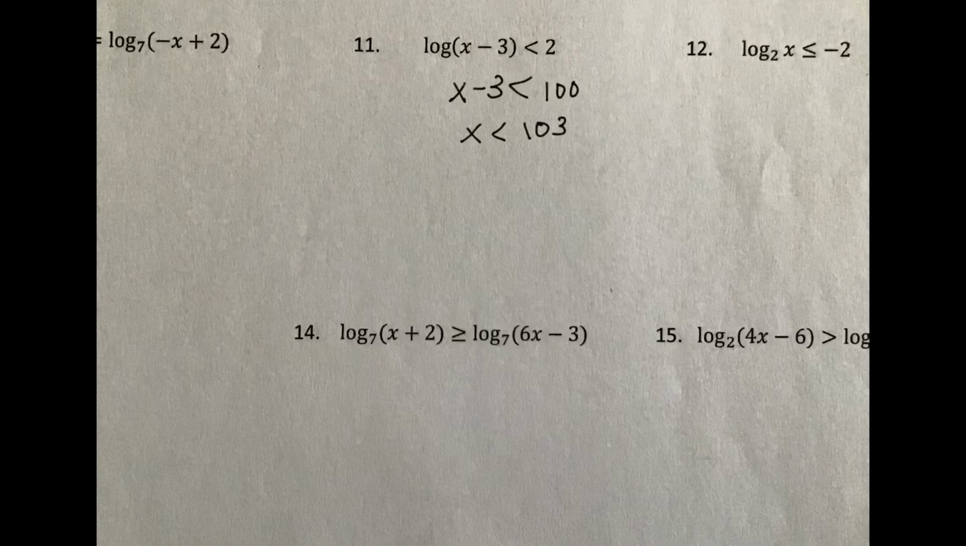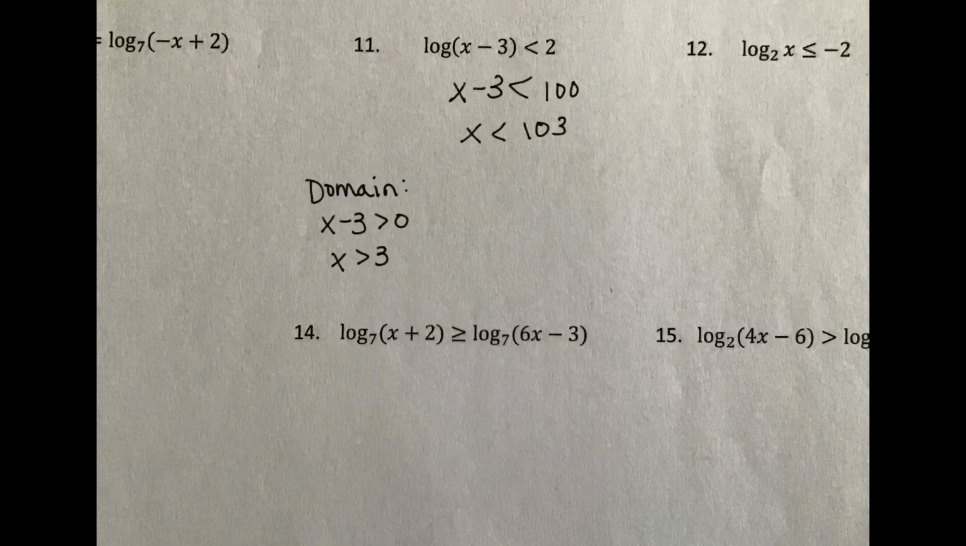Now, this is something that I know a lot of people made mistakes on, and that is the domain. When you're trying to find the domain, remember you have restrictions on what you can take the log of. It can't be negative or 0, which is why we set what's inside greater than 0. Now, the fact that I don't have just an x anymore, I have an x minus 3, I'm going to take the whole piece and set it greater than 0. Add the 3 over. x would have to be greater than 3